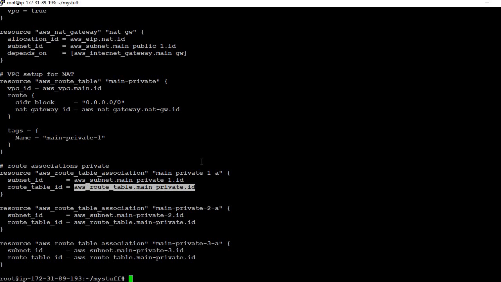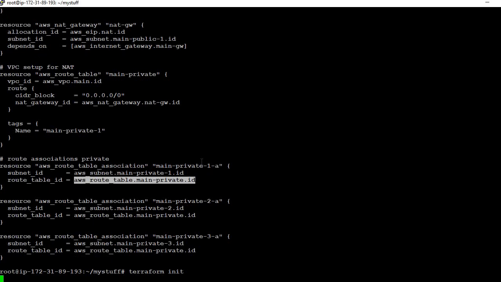Now let's run the Terraform command to create the VPC, subnet and NAT gateway. First we will run the Terraform init.